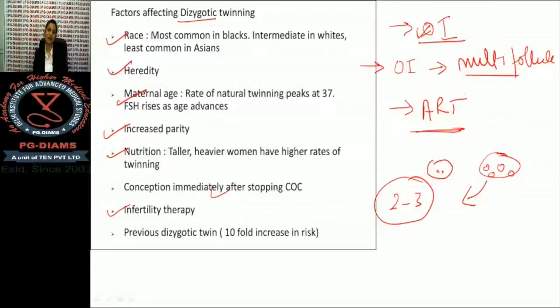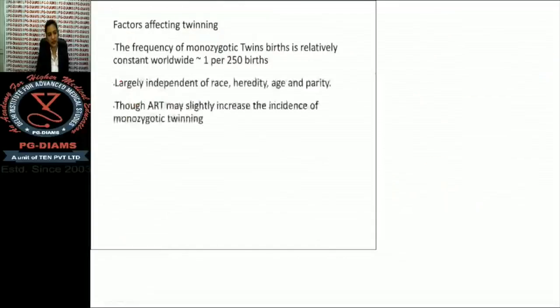Sometimes what happens is all the 2 or all the 3 embryos will implant and you will have multiple pregnancy. That's why any kind of infertility therapy increases the risk of twin or multiple pregnancy. Then previous dizygotic twinning. These are all the risk factors for dizygotic twinning. Now if you come to,